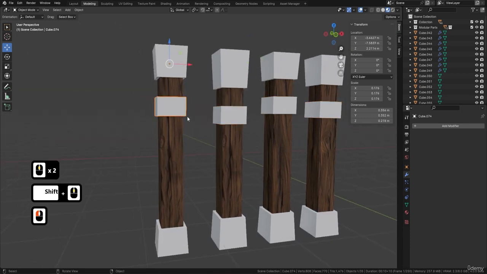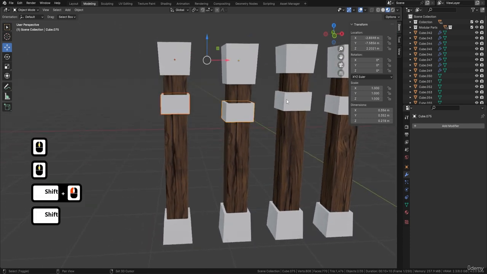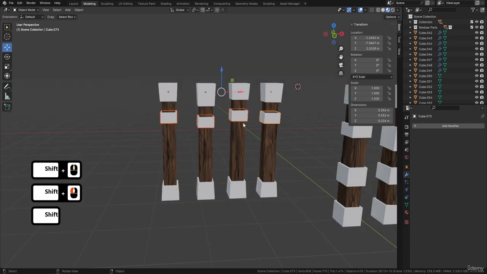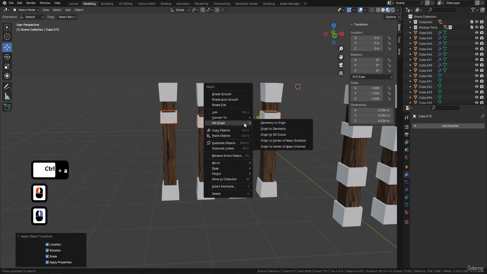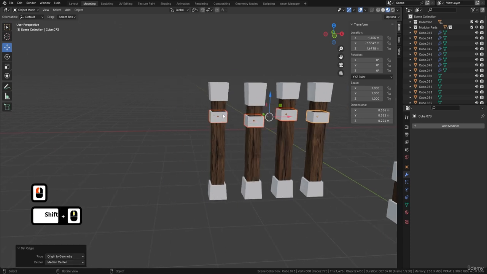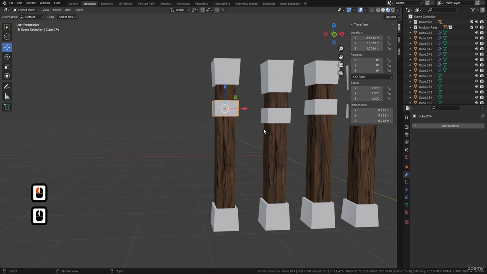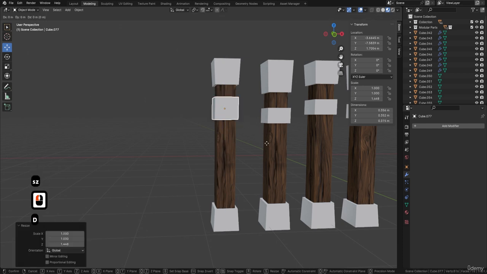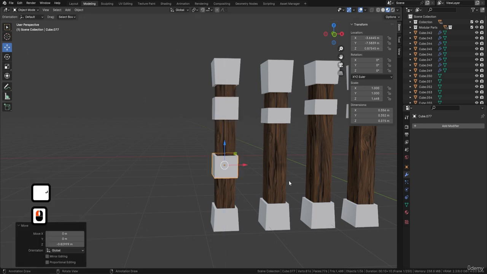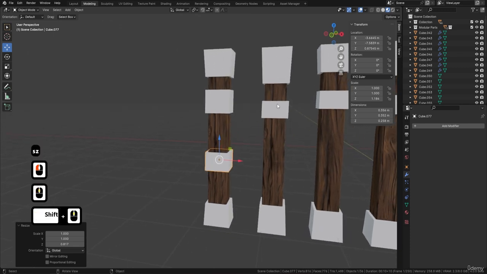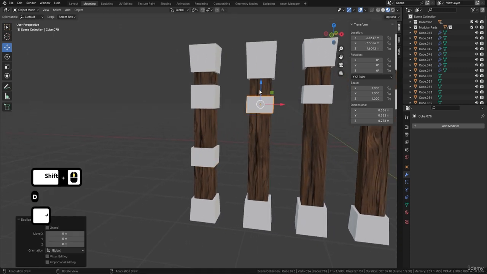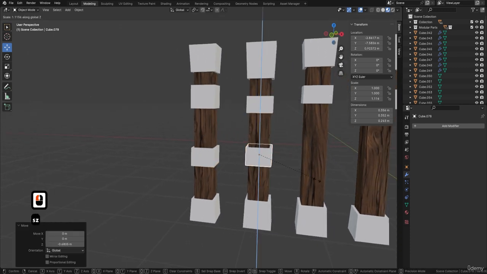All right, so now we can start work on this one. So as well, I might as well reset the transform. So Control A, all transforms, right click, set origins, geometry, and now I can work with each one of these. So I'm just going to press S and Z, Shift D, S and Z, like so, and then Shift D, I'll leave that one like that, and then S and Z,